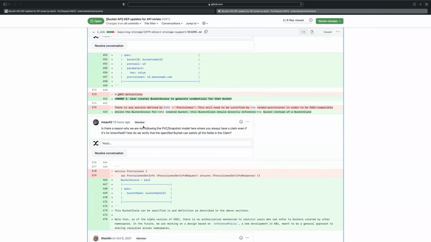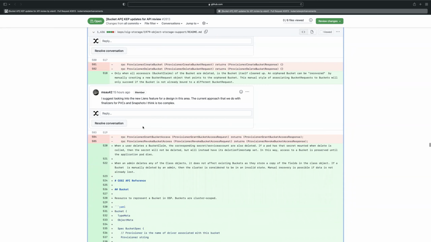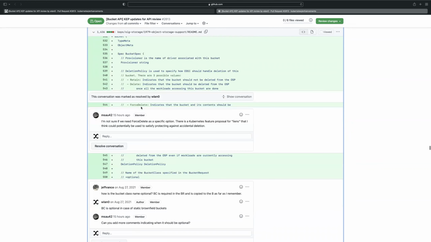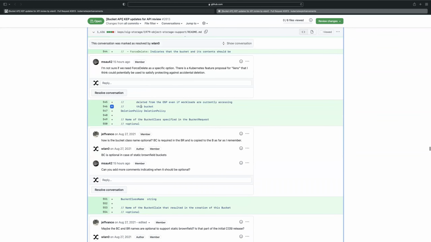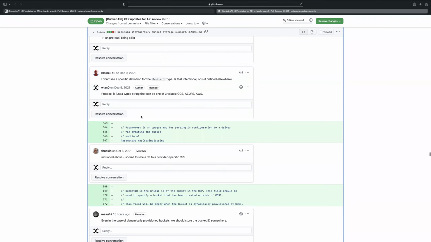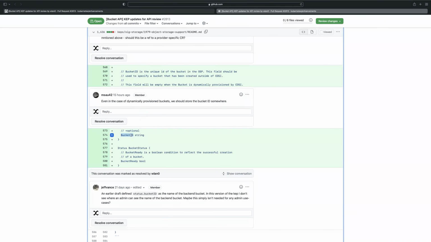I think, if I remember correctly, we got to a point where we said the bucket name is the bucket ID. The name of the bucket defined here is the bucket ID. And because of that, there's no need to have a separate identifier for the bucket ID. Oh, we still have it.